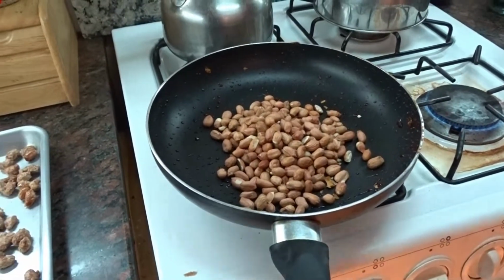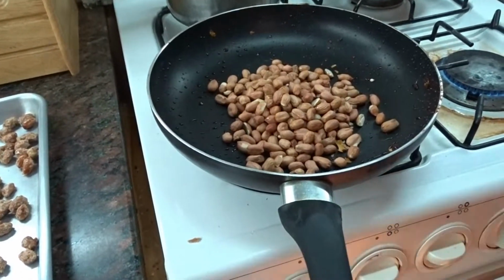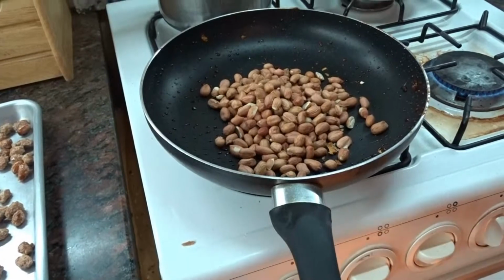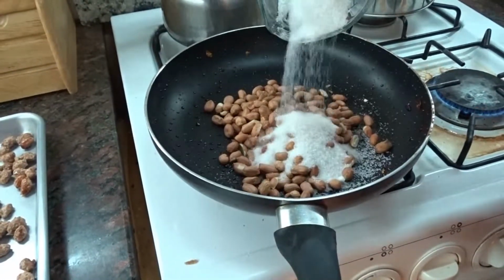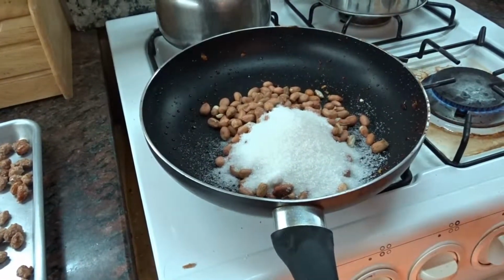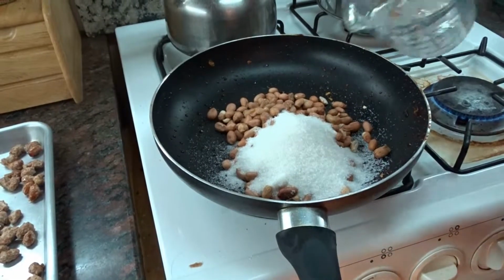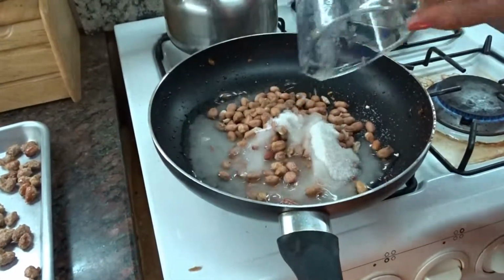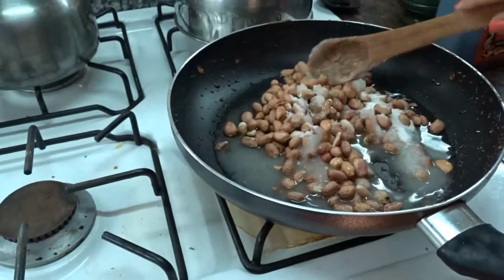Many people say it's supposed to be a thick pan. Many people have different recipes, but this is a quick recipe. It works, it's good. 1 cup of raw peanuts, then 1/3 cup of sugar, and then you add 1/4 cup of water, and you just simply put it right over the fire, and you mix